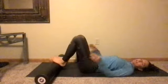Take your hands to the middle, the ankles or the feet, and push the knees out a little wider. You're in a bound ankle stretch. 5, 4, 3, 2, and on the 1, place your feet back on the floor, or if you have that roller, and Christina,